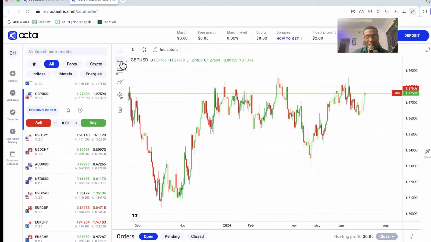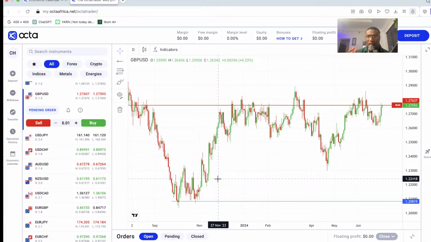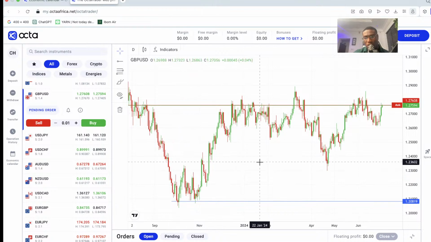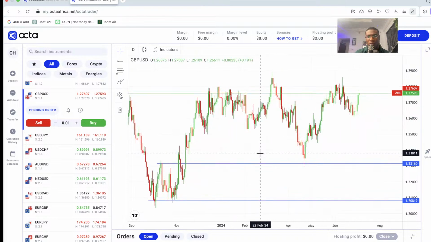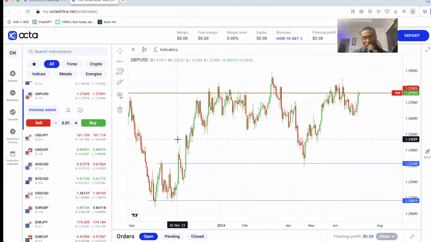So first, we want to start by identifying some of our key levels, which is going to be our support levels. And just to make it simple for you, you can start from the bottom and you start identifying these key levels, all the way to the top. A quick tip I'll give you guys is try as much as possible not to spend so much time identifying these levels. Okay? What I mean by that is you don't really have to force the levels into existence.